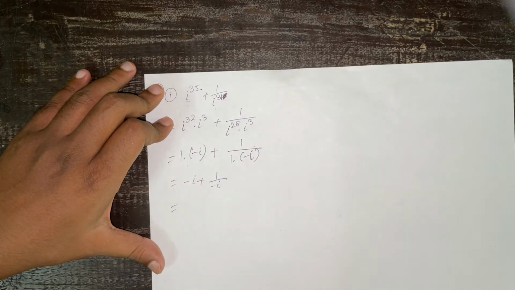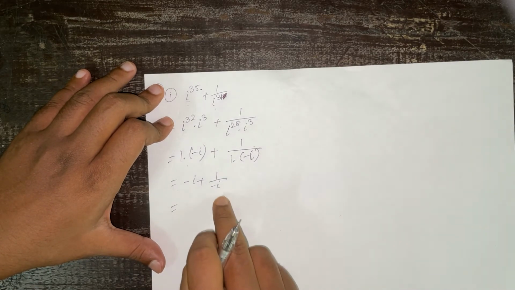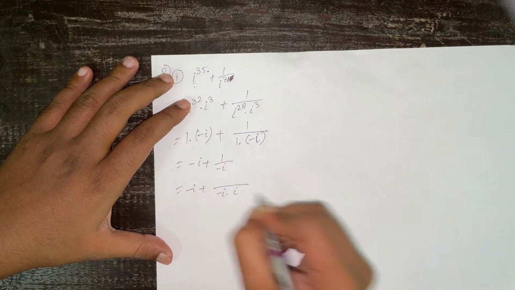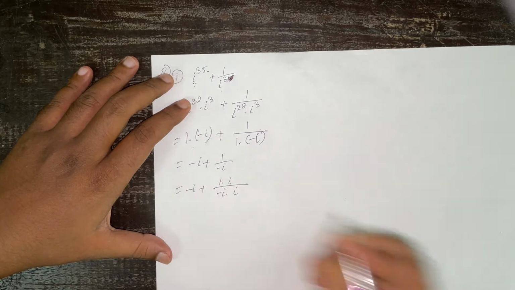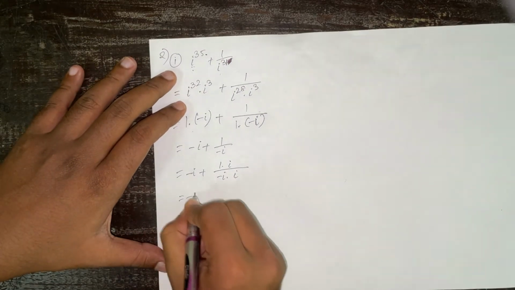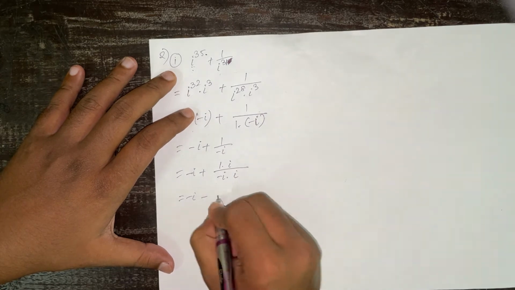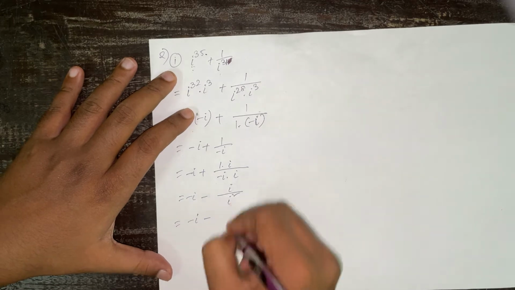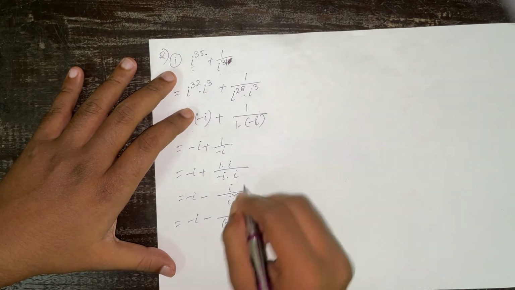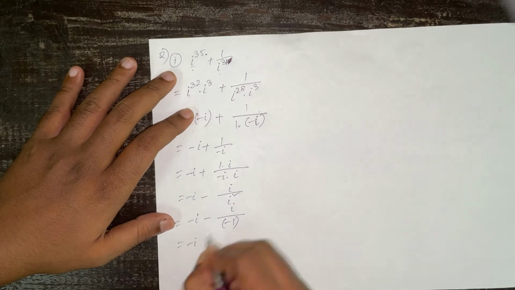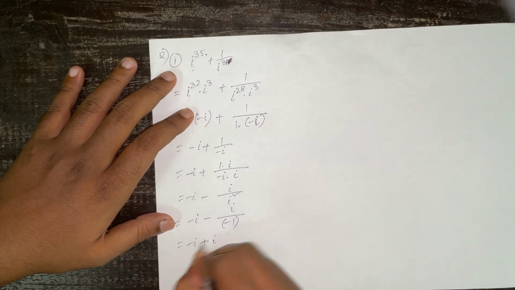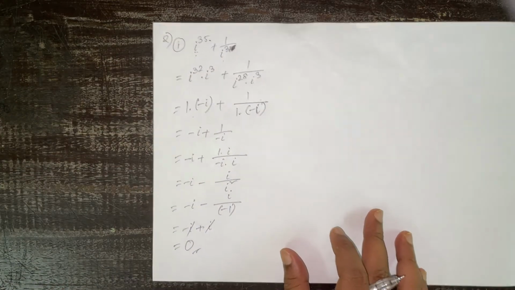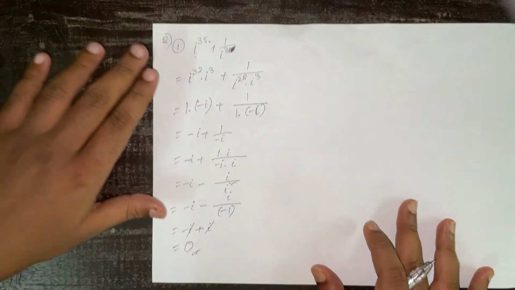So let us do one thing now. Let us rationalize the denominator of this. Rationalize. So minus i plus, we have to multiply this with i. So we'll get one i at the top, 1 into i. Minus i, this plus minus is minus. Here we will have 1 i square and here 1 i. So minus i minus, what do we get here? i square is minus 1 and it is i here. So minus i plus minus, minus minus plus i, these two will cancel out and we get 0. So the value of the first simplification is 0. Let's move on to our next one.